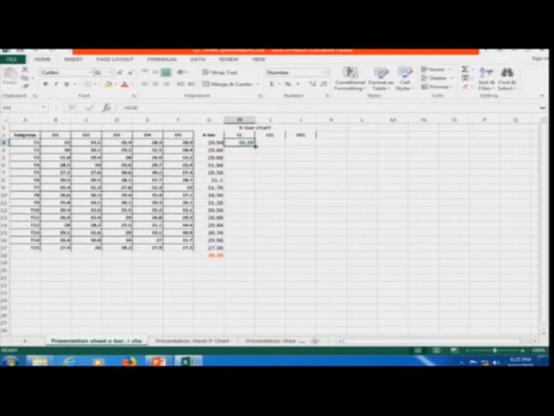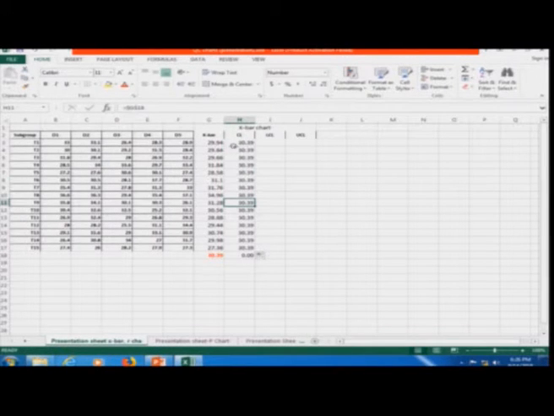Now, if I drag this directly, it will try to pick the values from the elements or boxes below this. You can see it is trying to pick the value from here. For that purpose I need to lock these values, because I am just picking this one value, 30.39. So I will lock the row and the column by putting a dollar sign before the column and the row number of this cell. Now, this cell is locked. If I drag this, it will just show the same value.